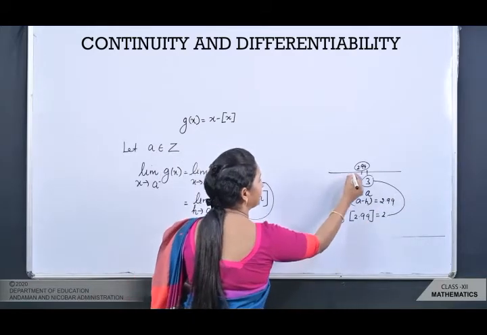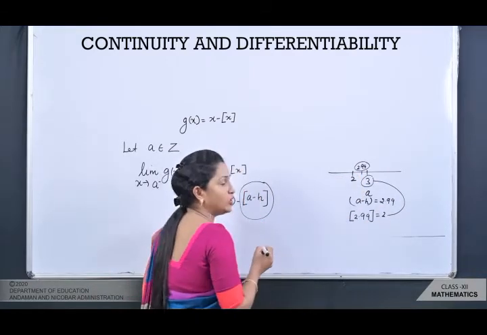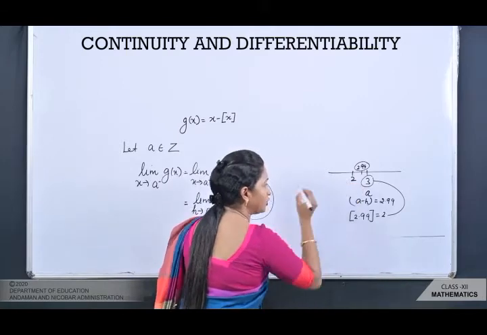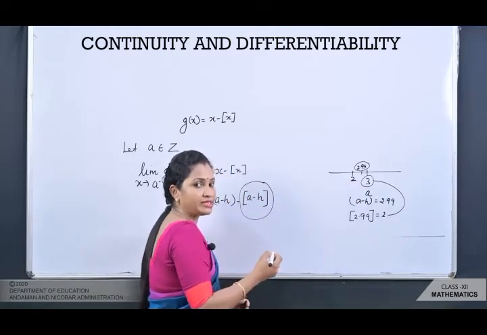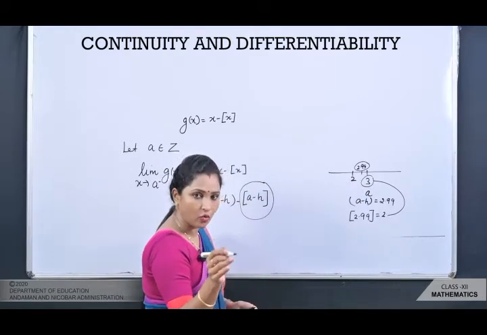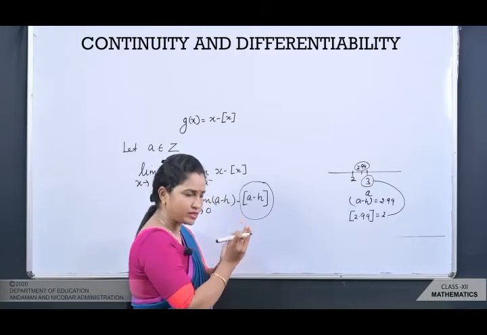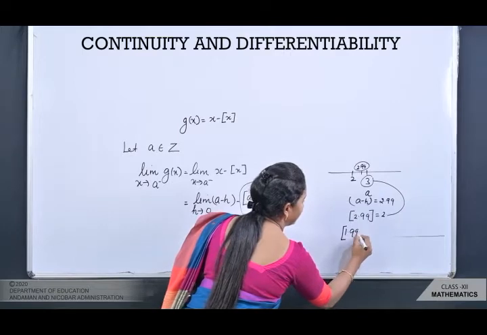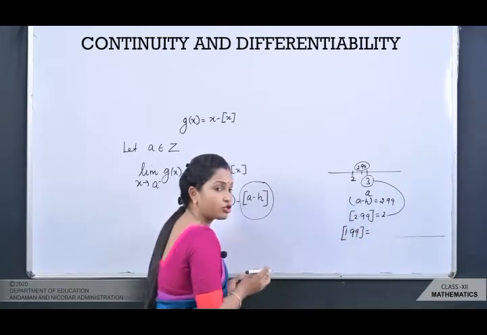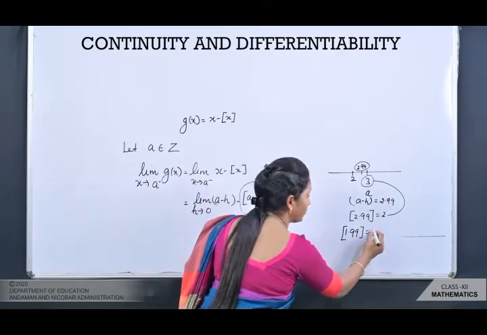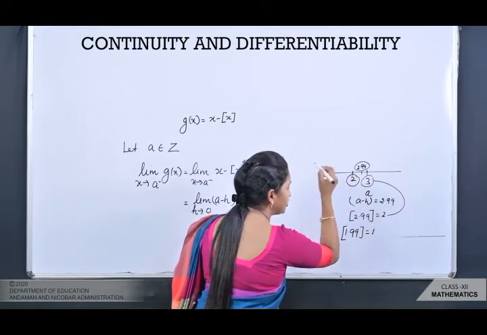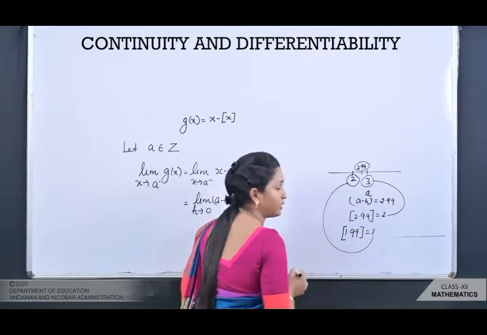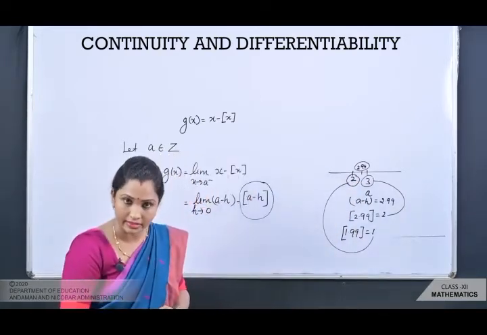चलिए हम 2 की बात करते हैं. Suppose आप यहाँ पे 2 एक नंबर है, 2 लिया. If you are taking a to be 2, तो a minus h मतलब 2 minus 0.01 अगर आप करोगे, उसे थोड़ा सा कम करोगे तो आपको ये 1.99 मिलेगा. And what is the greatest integer of 1.99? It is nothing but 1. Again you start with 2 but आपको 1 मिल रहा है if you find the greatest integer.